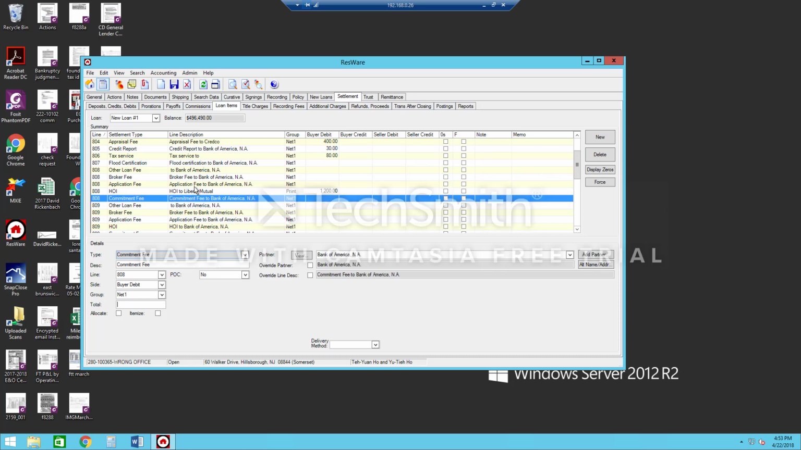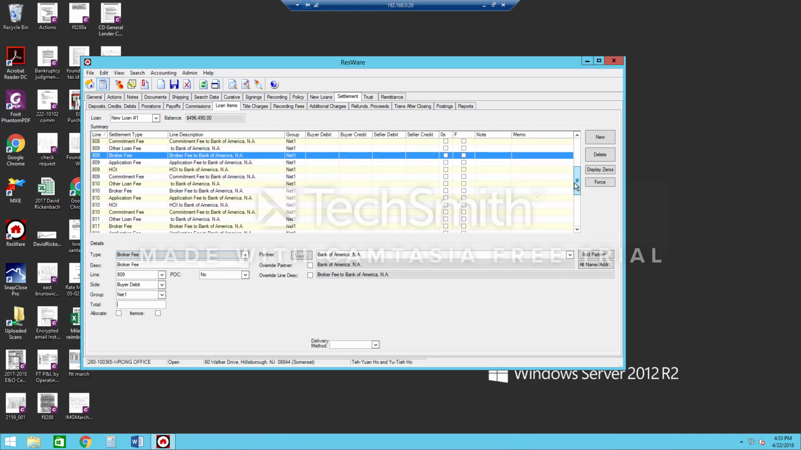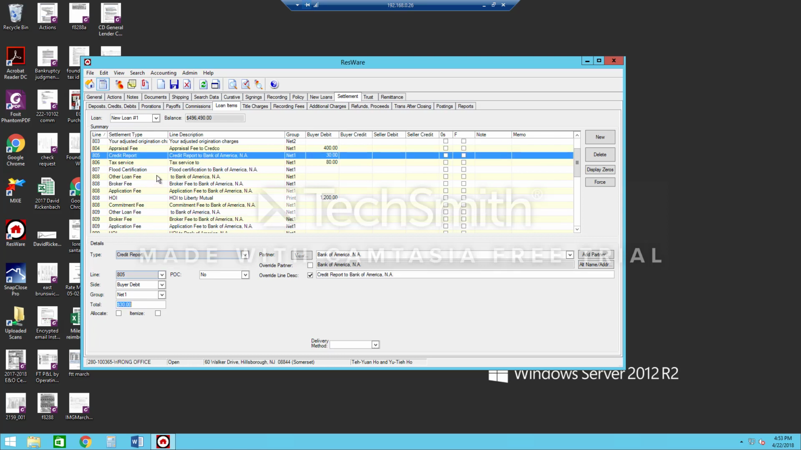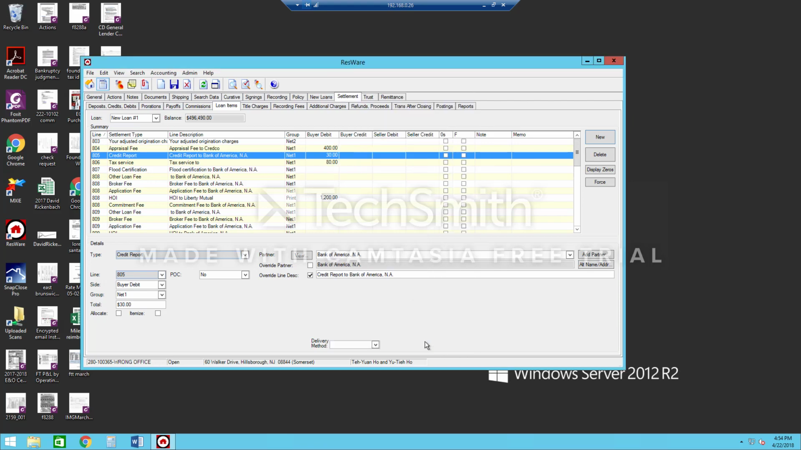Commitment fee, etc. Depends on, again, what the lender gives you. It's pretty self-explanatory. Once you have the fee, you can put it in. Let's say you have a line item that's not on here. You'll click on new. But I think it's pulling everything. But let's say it's just something not an unusual fee that I can't think off the top of my head. You would use this other loan fee, add that,